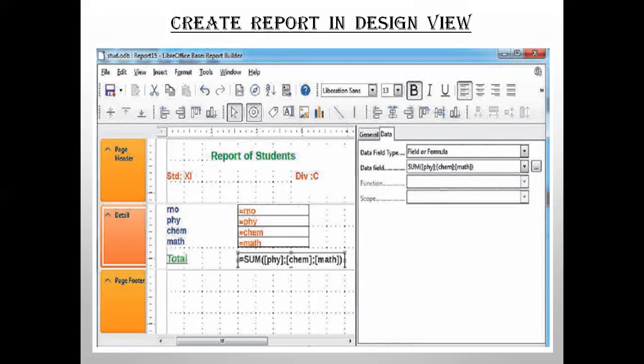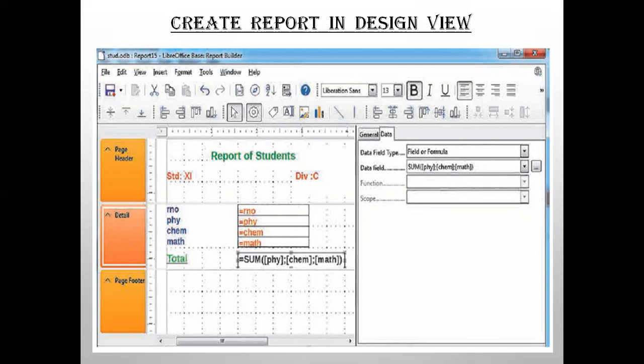Open the saved file. As before, follow the same steps you used to create it, till you get the blank screen. So open the saved database, click on the reports object from the left pane. From the right pane, click on create report in design view option. Earlier we have chosen the wizard option. Now you have to choose create report in design view.